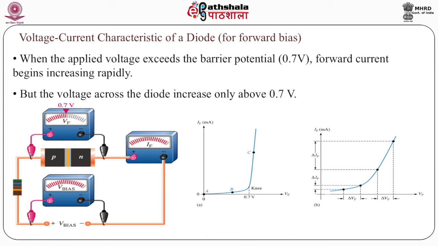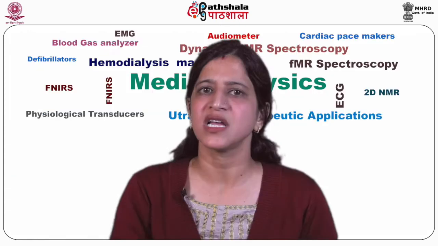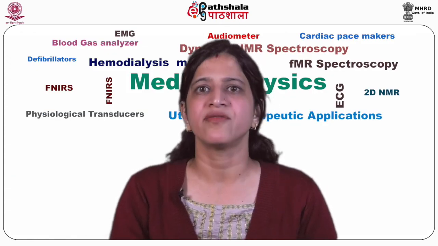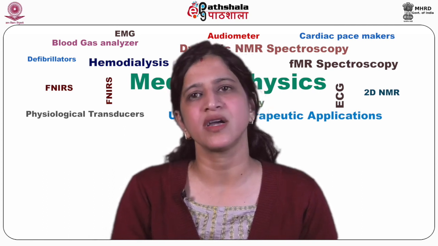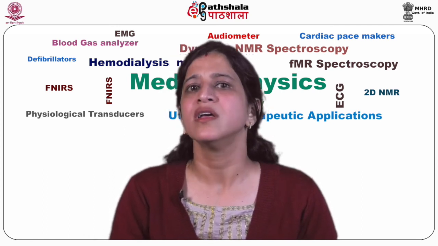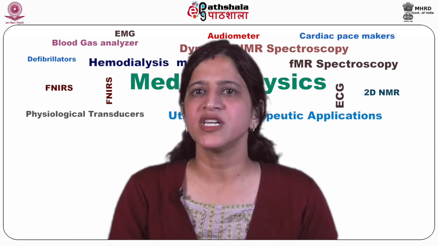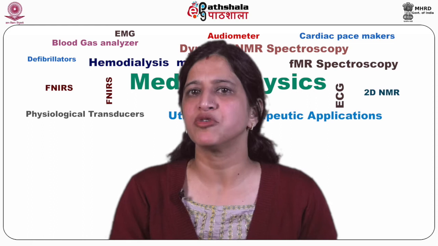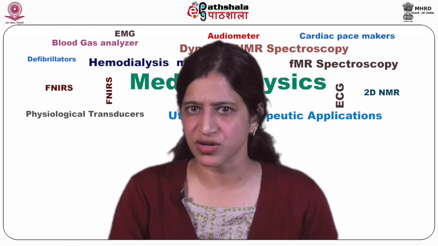However, this small electric current is considered negligible, but the moment the external voltage applied on the silicon diode reaches a value of 0.7 volts, the PN junction diode starts allowing large electric current through it. At this point, a small increase in voltage increases the electric current rapidly. The forward voltage at which the silicon diode starts allowing large electric current is called cut-in voltage. The cut-in voltage for silicon diode is approximately 0.7 volts, whereas for germanium it is 0.3 volts.